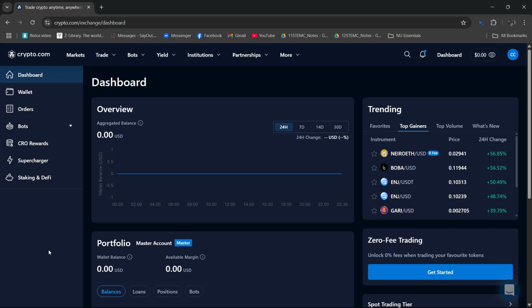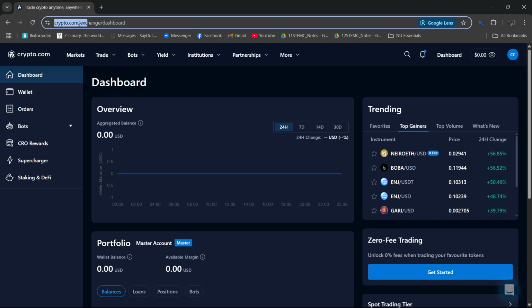So for today, I'm going to teach you how to find your API key or secret key on your crypto.com. So first, make sure to access your account on crypto.com, and for you to be able to do that, launch your website, which is Google Chrome. I tried the Google Chrome search engine, and after that you need to search for the